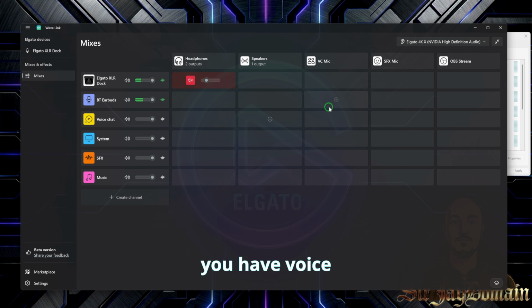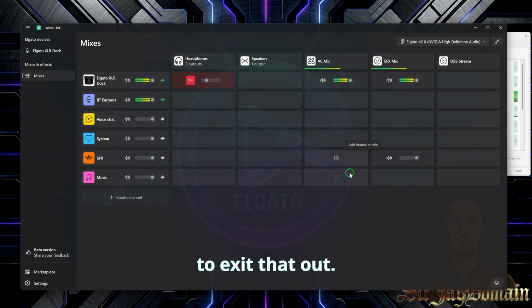So if you have voice chat or system into the voice chat mic, everyone's going to hear whatever you select here. So I'm going to put my own microphone there so then my friends can hear me. I'm going to put my own microphone in the SFX. This is going to be in game. You're going to be able to mute it and still play the SFX. So I'm going to add SFX here. I don't want to really add it here, so I'm going to exit that out. I don't care about showing them that, but I will show you later in Discord how to set it up